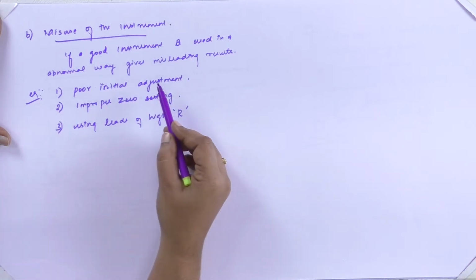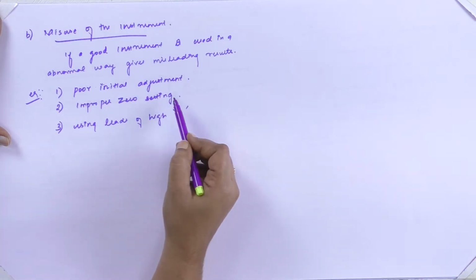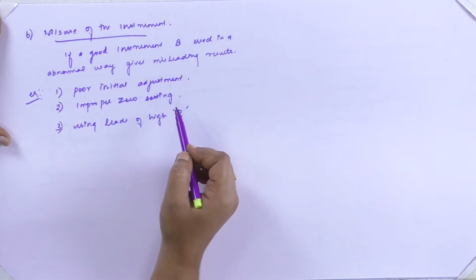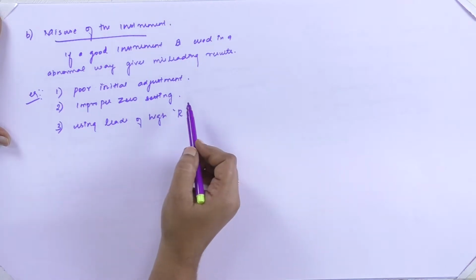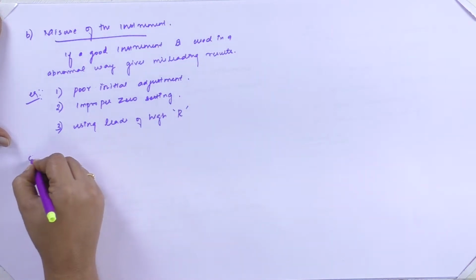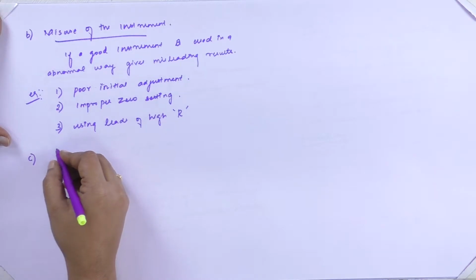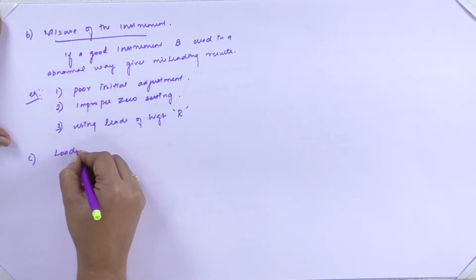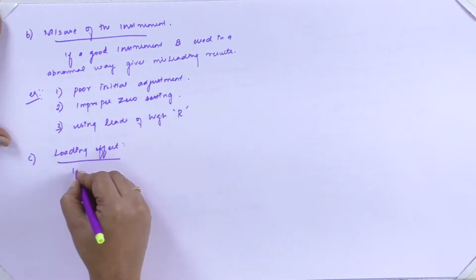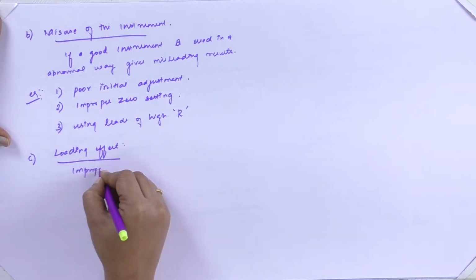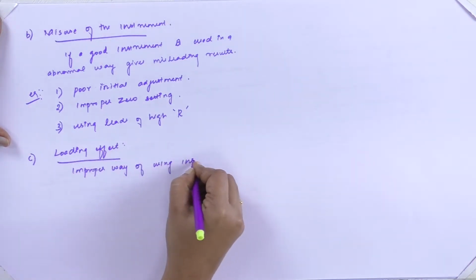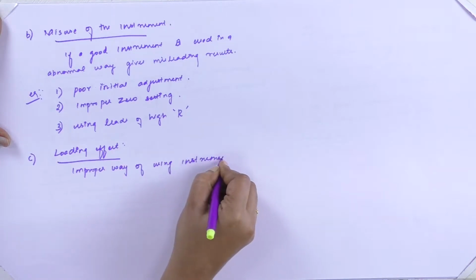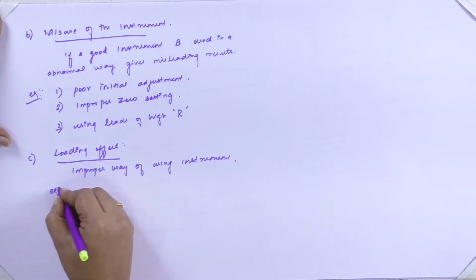This misuse of the instrument will not cause any permanent damage to the instrument, but causes instrumental error. And the third reason for instrumental error is the loading effect. Loading effect is nothing but the improper way of using the instrument. An example for loading effect is,